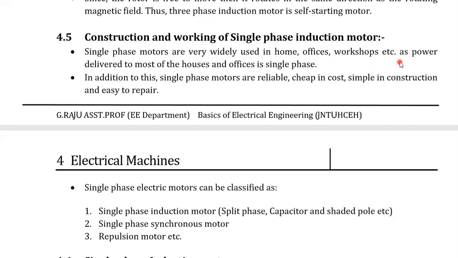So three phase power is consumed only by industries. The maximum three phase power is taken by industries, because the operating voltage levels are very high in industries. That's why industries use three phase power supply. Large loads and large machines also take three phase power, but single small machines by using single phase